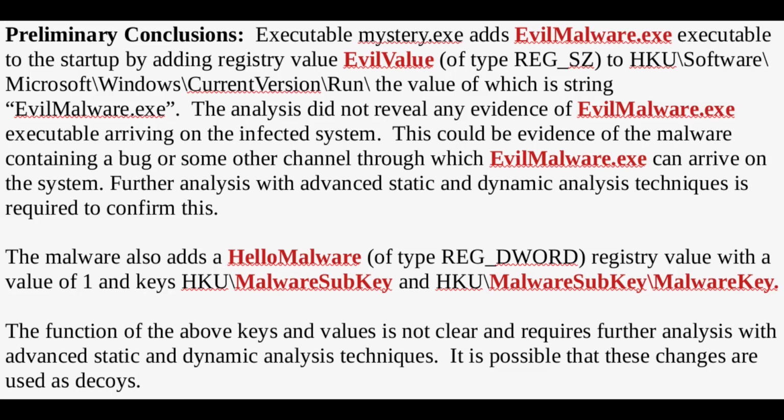It could be that, once again, our basic techniques fail to reveal their significance, or it could be that we need to do static and dynamic analysis techniques that are more advanced that can reveal what those keys are. Another possibility is that the creation of hello malware, malware subkey, and malware key is just a decoy activity meant to distract us from some other bigger action that this malware is supposed to perform. So that is our current conclusions, and hopefully we'll be able to reveal more with more advanced static and dynamic